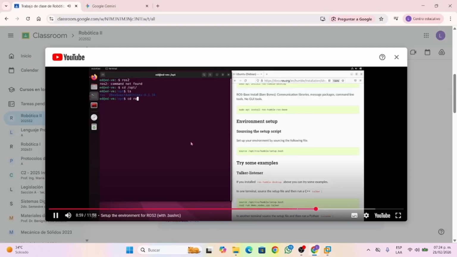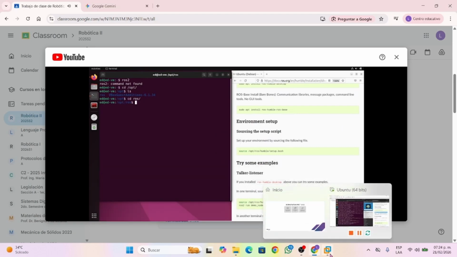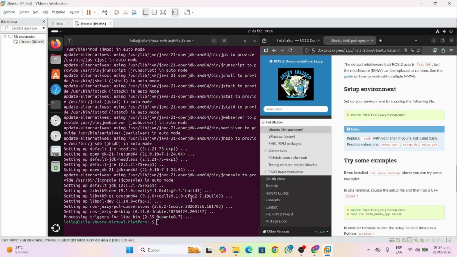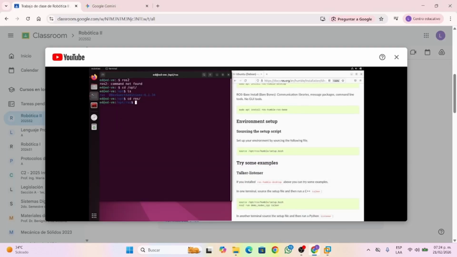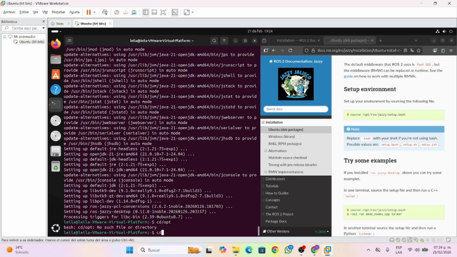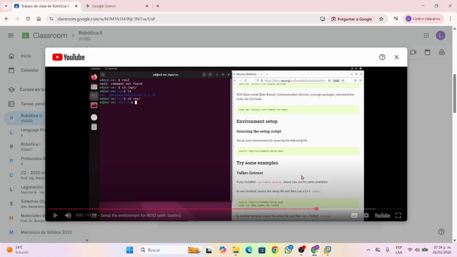Installed. You can go to opt/ROS, and then you will see humble. This is the